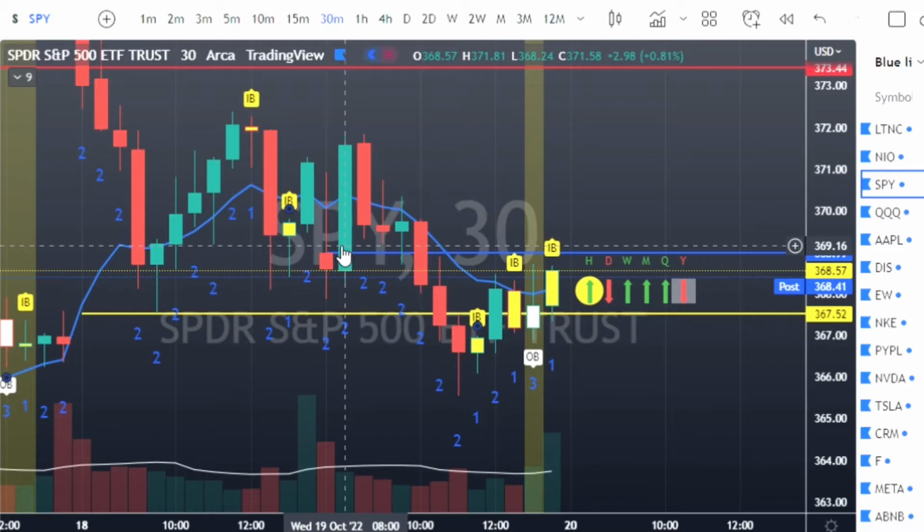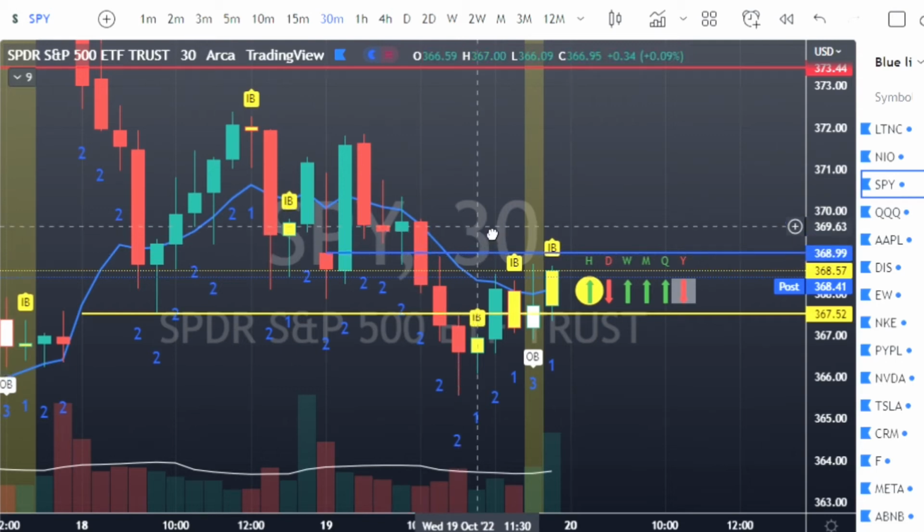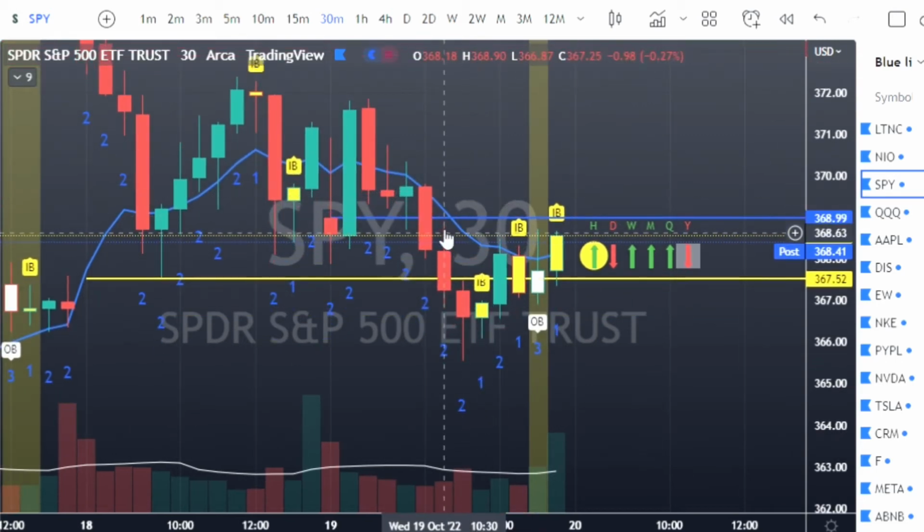So we want to break out of that inside day in order to make sure we have successful trades. And again, it doesn't mean that you can't trade inside days and you won't be successful, but the probabilities become less when we have one of those. And you can see the best run that we had on the day was right here, off of the break